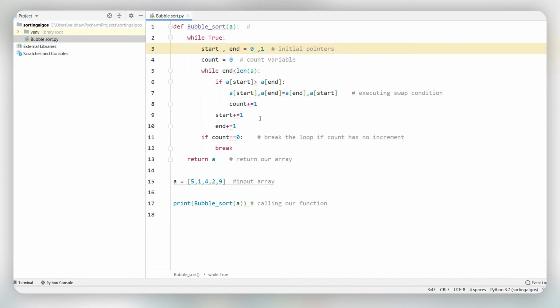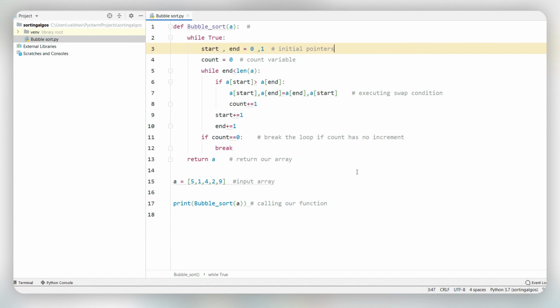Also start plus equal to 1 and end plus equal to 1, which will iterate the loop to the end. So we'll break it when the value of the count variable remains 0. That is, the swap condition has been executed 0 times. And finally we'll return the array A, and this print statement will print it.